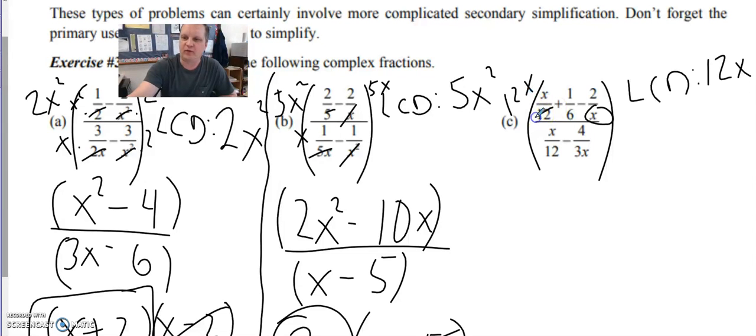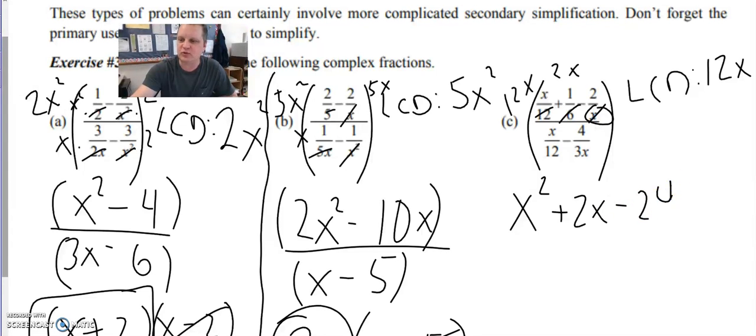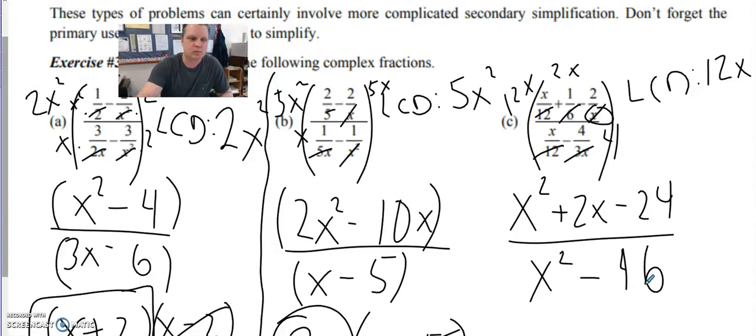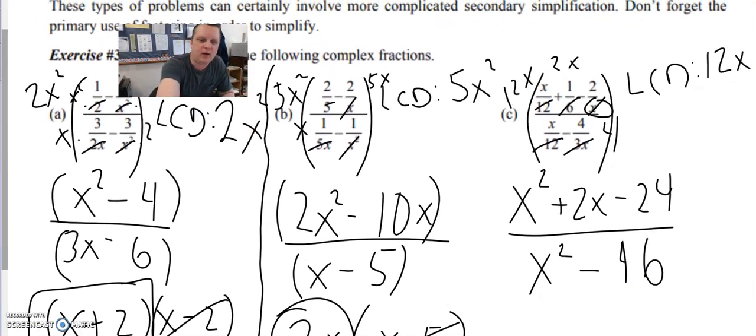So 12 cancels, you're left with an x. We have an x squared. 6 cancels, you're left with a 2x. So we have x squared plus 2x. The x cancels, you're left with a 12, so it's minus 24. And then the denominator, the 12 cancels, you are left with an x squared. The 3x cancels, you are left with a 4, so it's x squared minus, oh, that's going to be a 16. Okay? And now we have